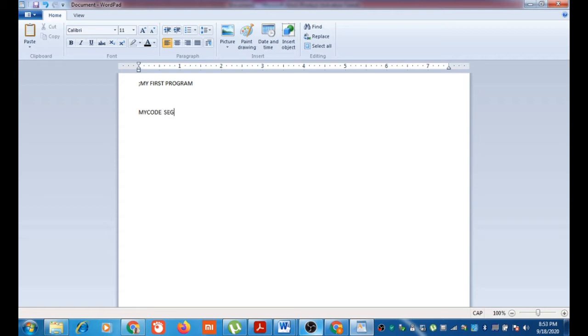Then you should use the segment assembly directive, which tells the assembler that a segment named my code is there. Every segment should have an end, so my code ends.